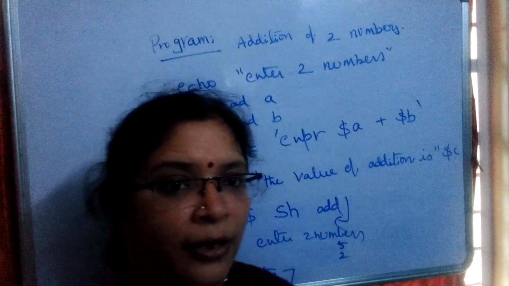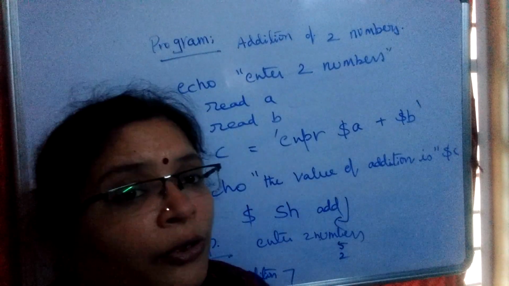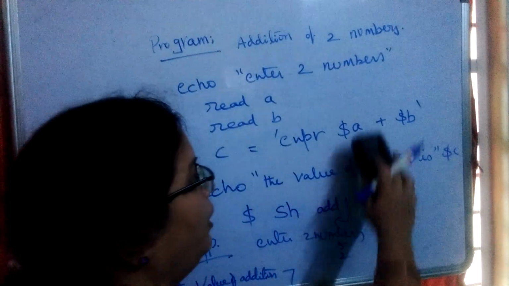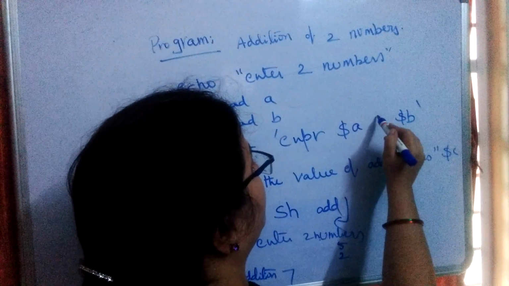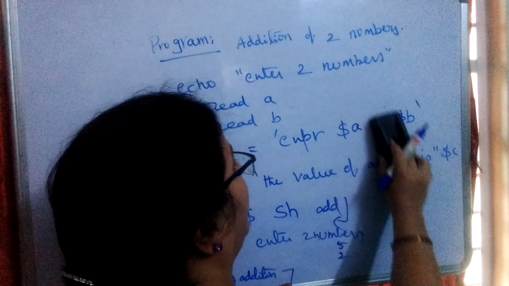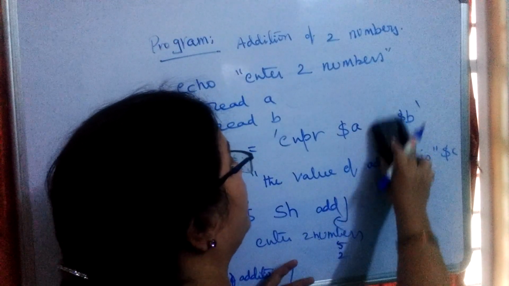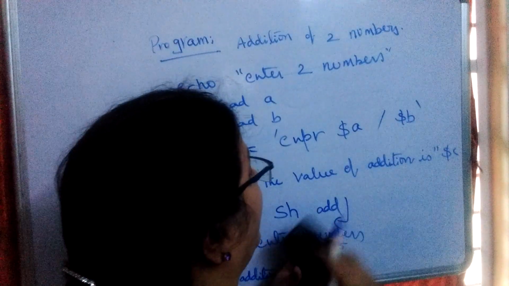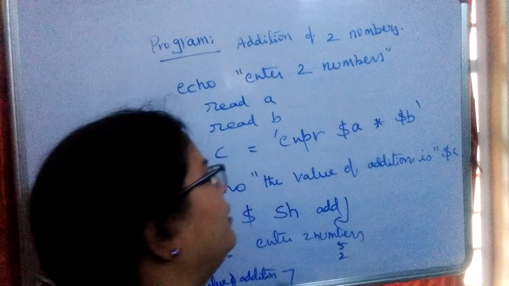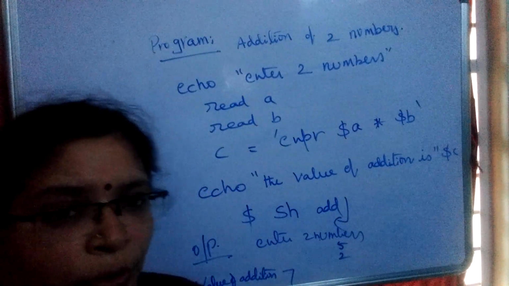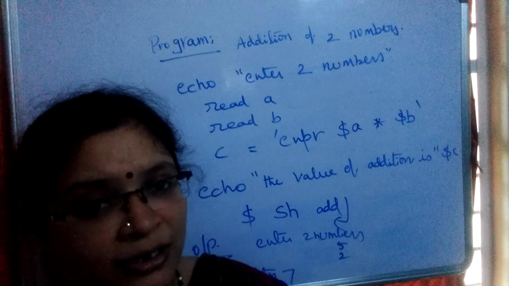So like this the Linux program can be written. In the same manner you can use all the operators. You can use subtraction and you can use division, as well as the modulus operator, and for division you can use the slash mark. For arithmetic multiplication you can use the star symbol. Each and everything you can use. So this is the very first and very simple shell script.